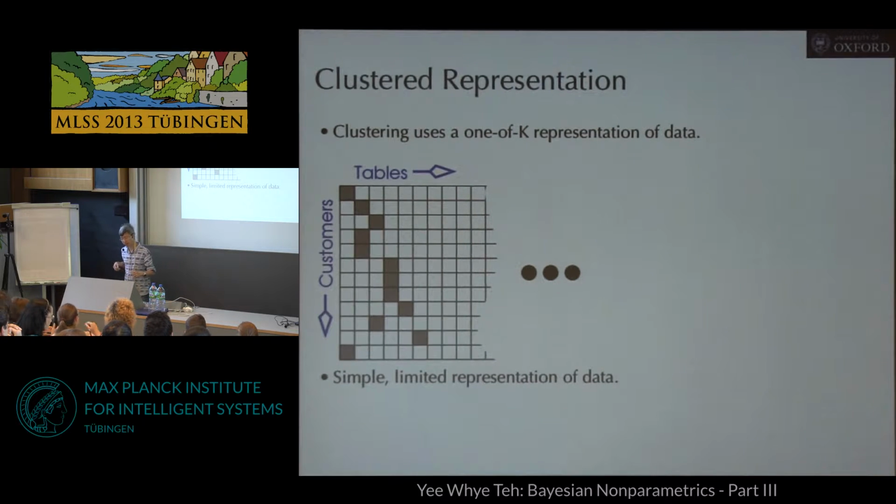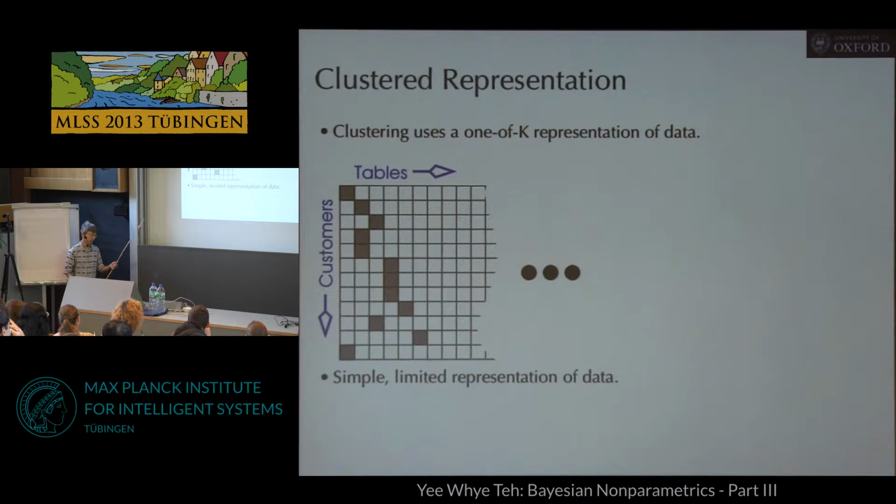I guess we've talked a lot about various mixture models and clustering, and how you could make your model nicer by not limiting the number of clusters in your data. But if you think about what a clustered representation means, you're taking every data point and assigning it to one and only one cluster, right? So to visualize this, you may have customers. These are your data items down the rows of a matrix, and your tables or your clusters are going across the columns. And what you're saying is that for every data item, you're assigning it to only one